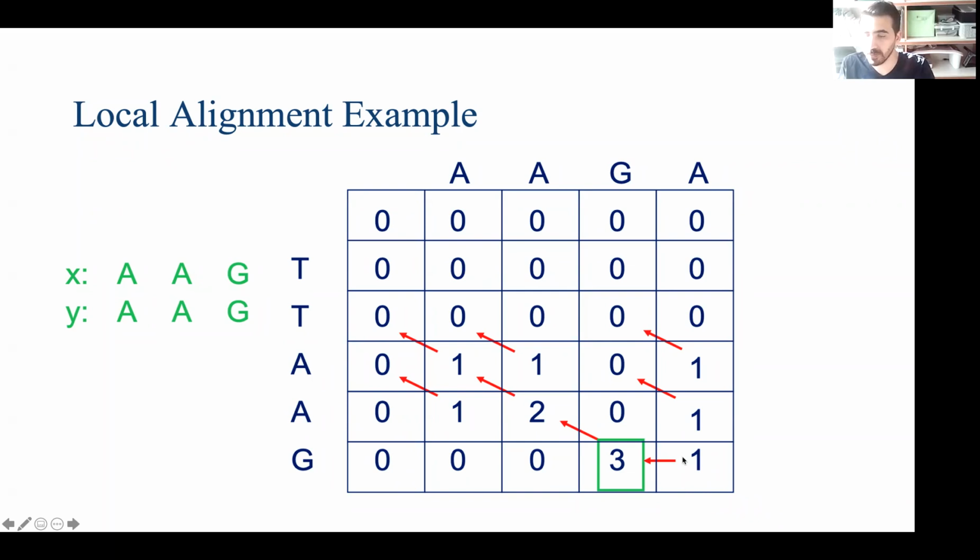So what is the local alignment? Basically, it is A aligning with A, the second A aligning with A, and the third position G aligning with G. So the local alignment is going to be AAG. If you look at these TTs, they are not shown in the local alignment because we are not interested in them. The same thing is true for this A as well. We are not interested in aligning this A because this is called local alignment, okay?